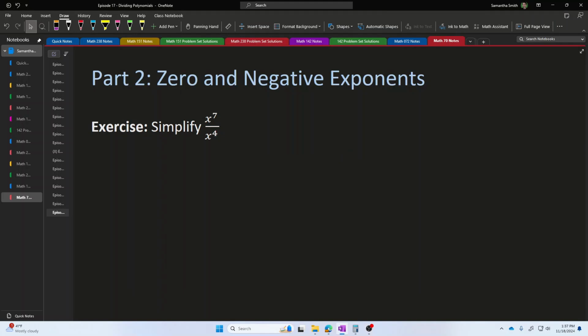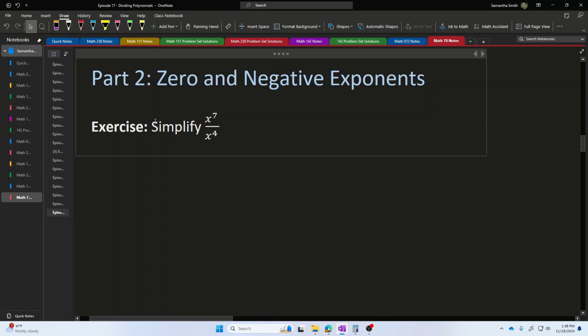In this part of the episode, we are going to be talking about exponents that are zero and exponents that are negative. And as we work toward that, let's begin with a warm-up exercise. Someone says to me, simplify in the numerator x to the power 7 and in the denominator x to the